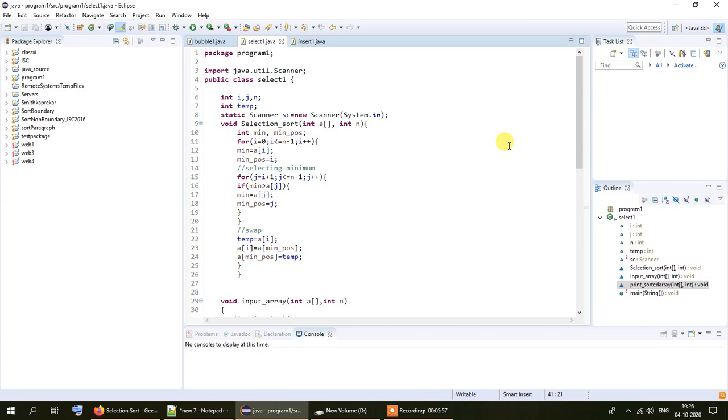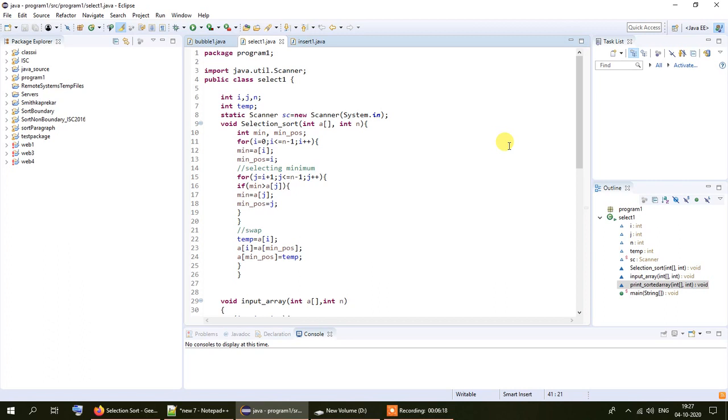So the loop is i equals 0, i less than n minus 1, i plus plus. The variable pointed to by the loop counter i we consider to be the minimum variable, and the position of the minimum variable is stored in minPos, which is given by the counter i.